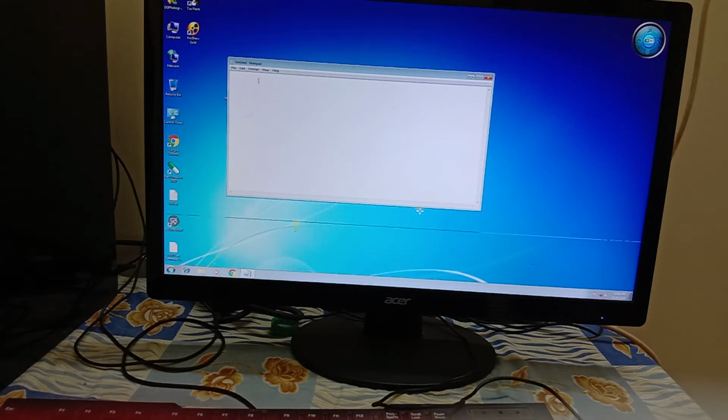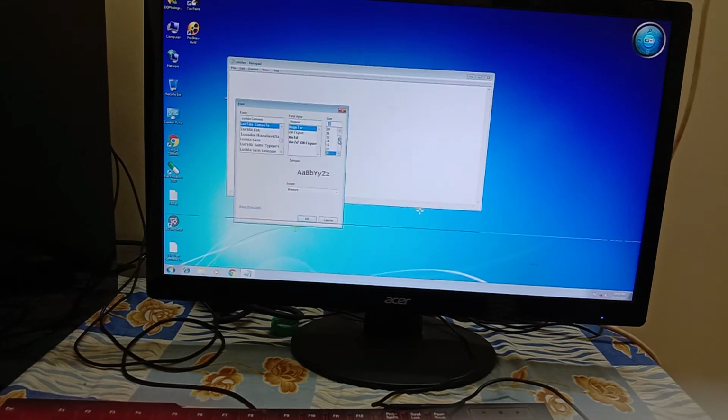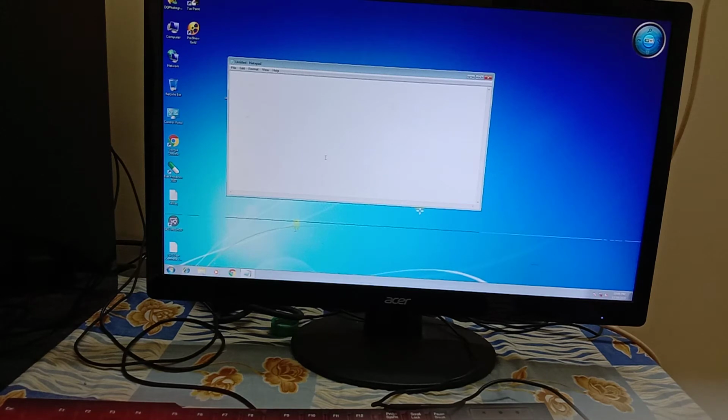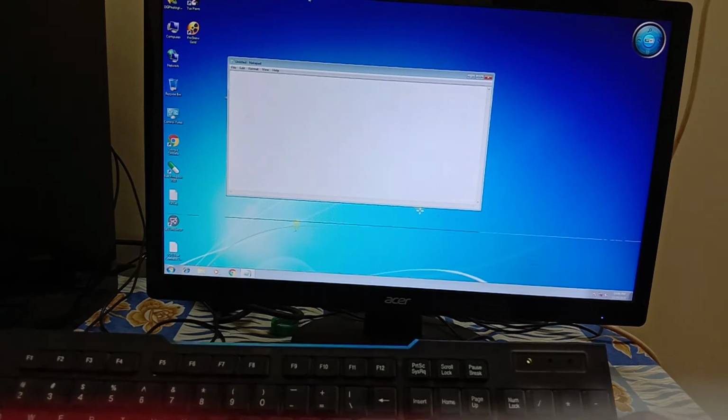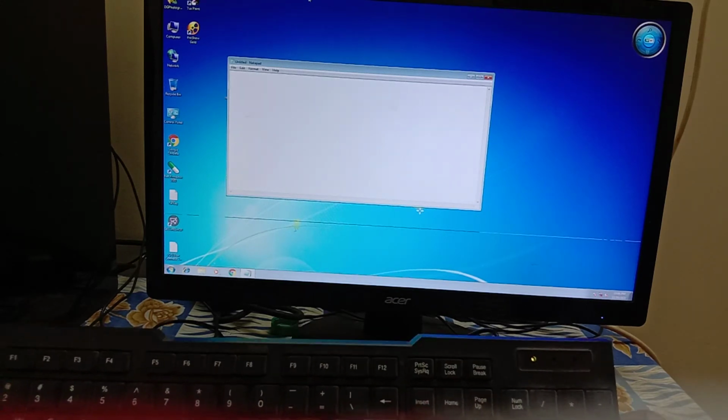Now I want to type something. How do I type? Let me show you. Children, you all can see here at the top left, one line is blinking. Can you see that? Yes, children. That is called cursor. From there you can start typing. So this is your keyboard, children. You all have learned it in the previous class.